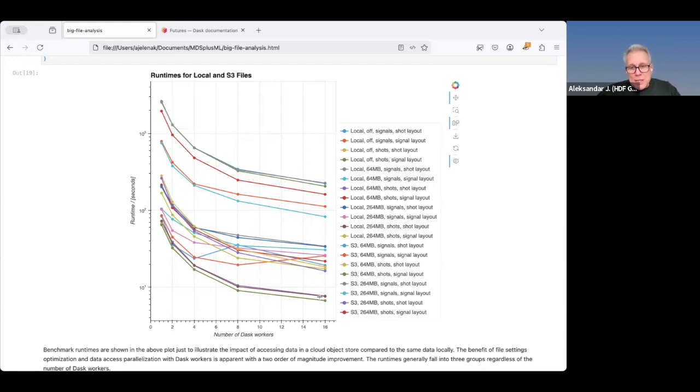And then the best you can get all the way down to sort of 6 seconds, almost 7 seconds when the file was local, and for the largest number of Dask workers. So yeah, it was quite a range of performances. And there were some interesting cases where you can see these benchmarks kind of follow this